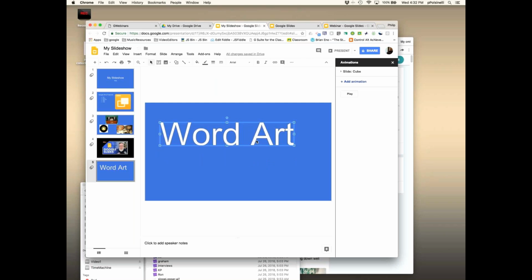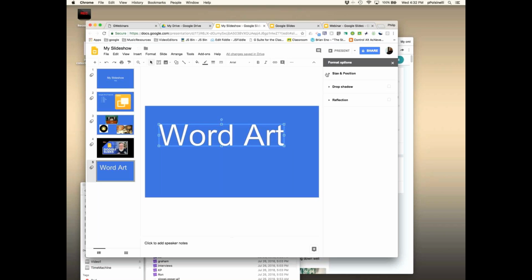That's what it looks like. Now I can do some things to it. I can select it. I can change the color and go to format options, size and position. Look at this drop shadow. If I want to put in a drop shadow, I can increase it. I can increase the angle. The way I got that is I clicked up here and I got format options with the word art